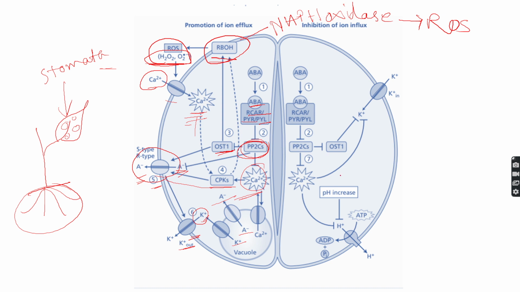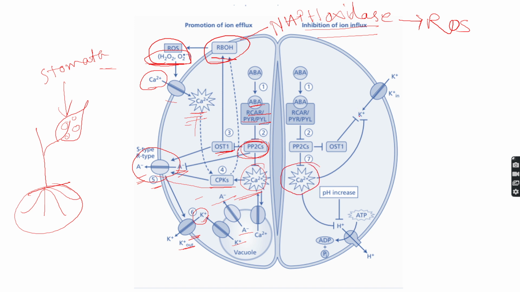Because of this, the osmotic pressure is being reduced, and stomatal turgidity is lessening. That is how the stomata is being closed. In this part here we can see the inhibition of influx. So when ABA is there, it is enhancing the